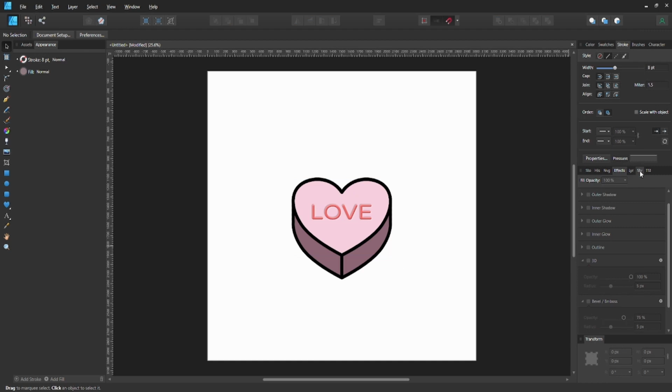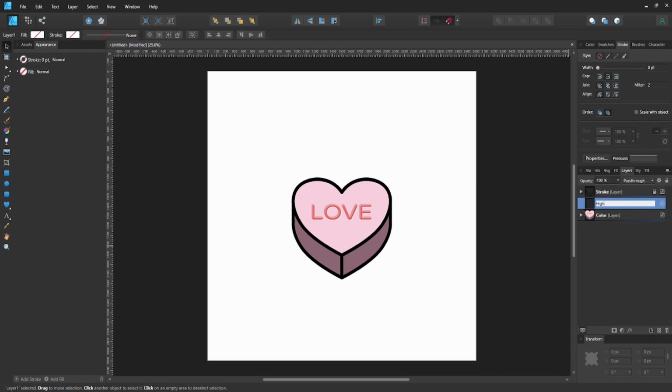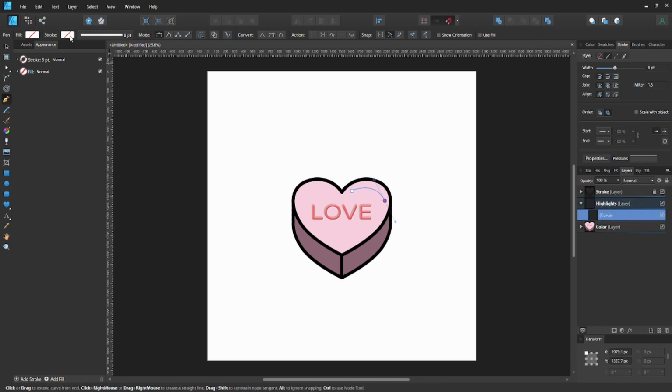Okay, so now that we have that done, we can add all these little details. So let's make a new layer, and we'll call it highlights. And then once we have that, we're gonna hit P on our keyboard for the pen tool, and we're just gonna select right here, and we're gonna curve this guy like that. And then we're gonna do white,